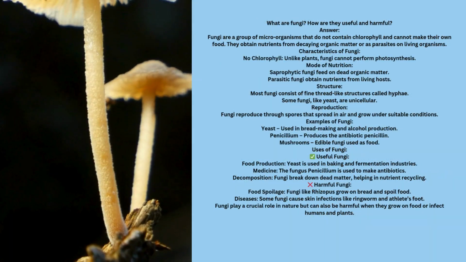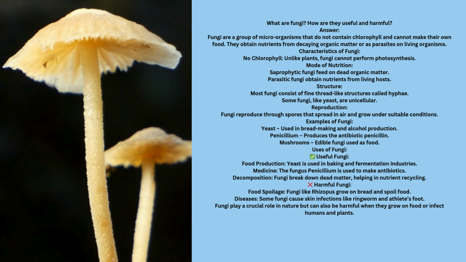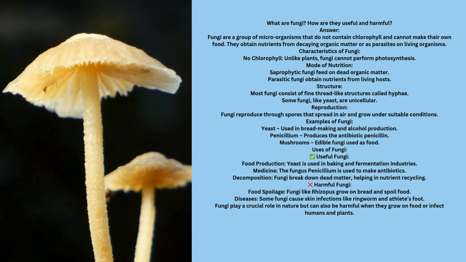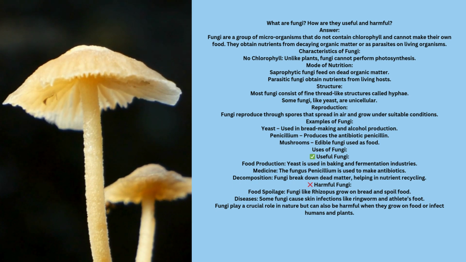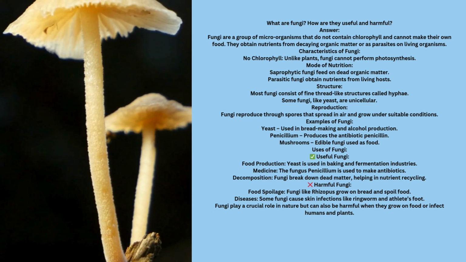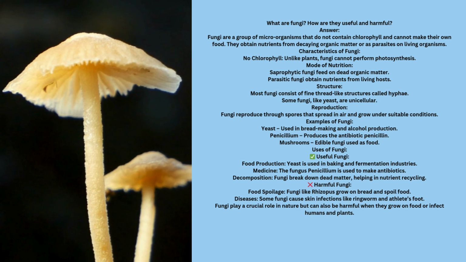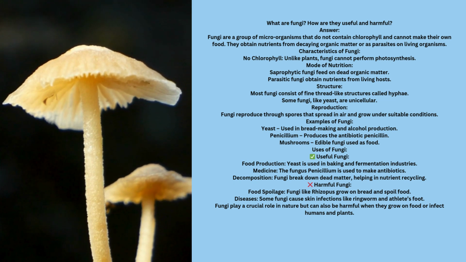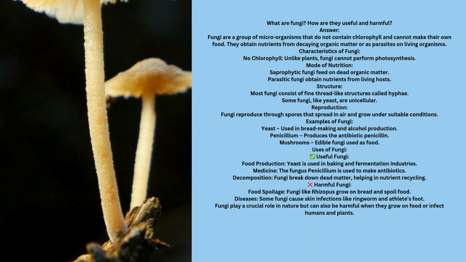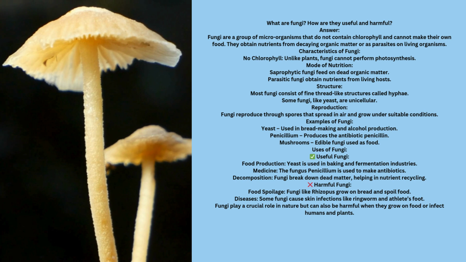Next is fungi. They are a group of microorganisms that do not contain chlorophyll and cannot make their own food. They obtain nutrients from decaying organic matter or as parasites on living organisms. Saprophytic fungi feed on dead organic matter, and their structure consists of fine thread-like structures called hyphae, and some fungi like yeast are unicellular. They reproduce through spores that spread in air and grow under suitable conditions. Examples can be yeast, penicillium,